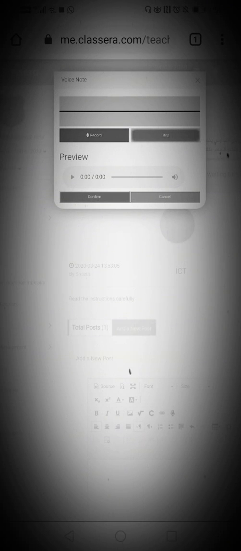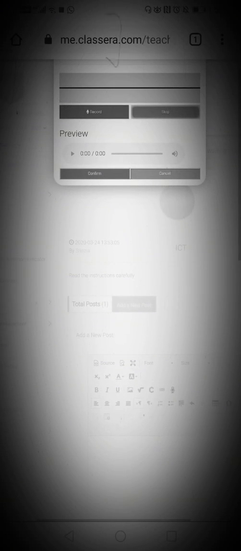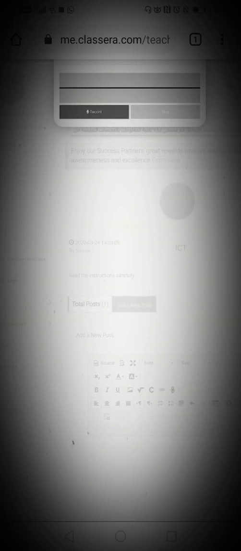If you think your sound is recorded properly, then click on the confirm button. Otherwise cancel it. Once you click on confirm, you have to click on the add button to post it. So I'm going to cancel it at the moment,